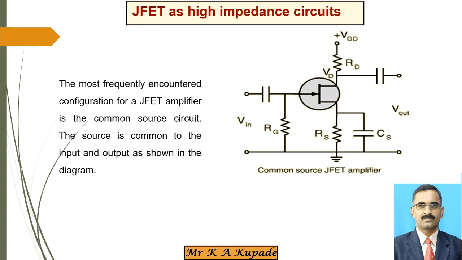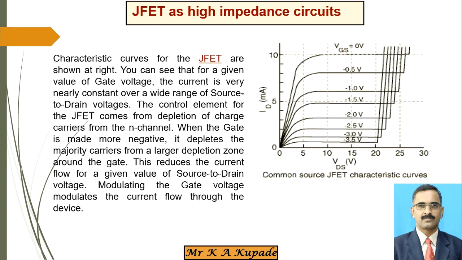Now what I want to explain next is related to this JFET high input impedance. By considering that amplifier circuit, these are the characteristics of the circuit, considering the ID current and VDS, that means the drain to source voltage, and the current flowing through the drain terminal towards the source terminal.